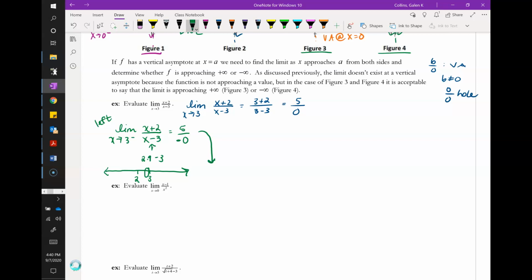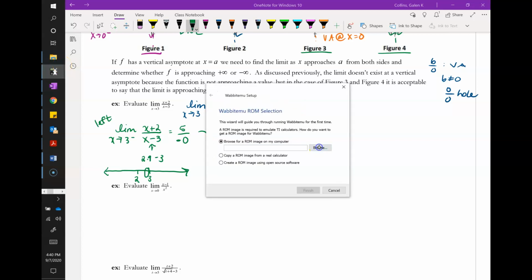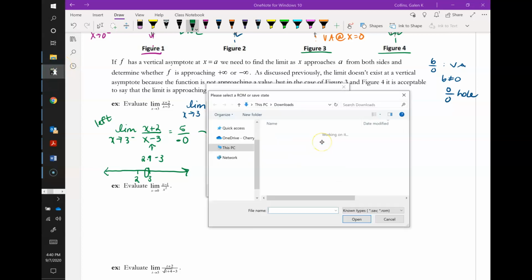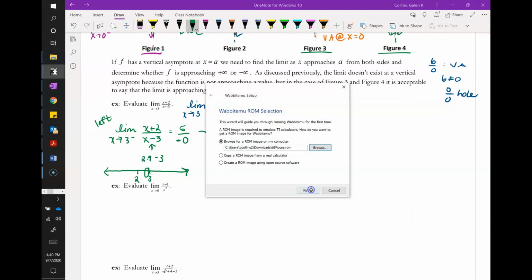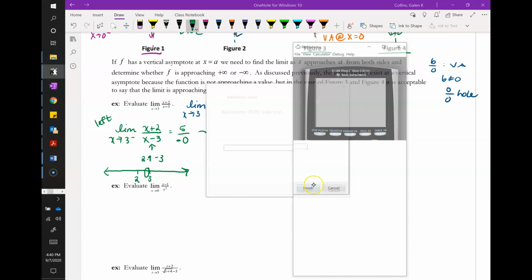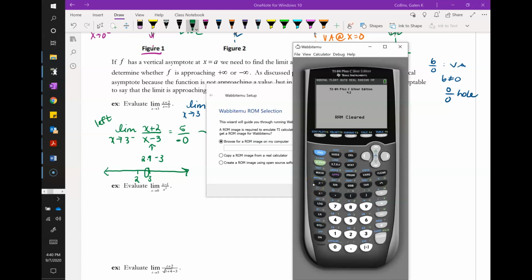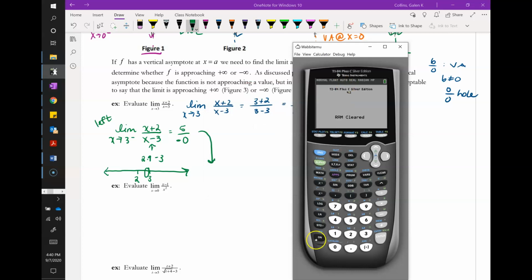So here's how you could test this really fast in your calculator. I don't have mine pulled up, so if it takes a minute to load, sorry, I should have loaded it before I started this video, but it's right here. All right, so in your calculator, if you divide 5 by a teeny tiny negative number, here's what I mean by that. Do 5 divided by negative, and then I'm going to do